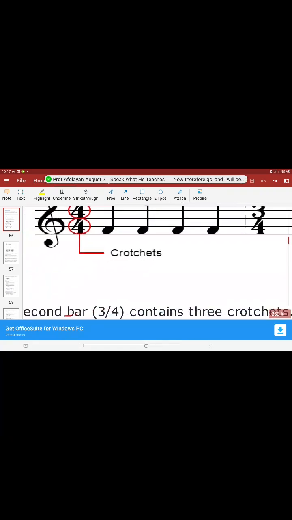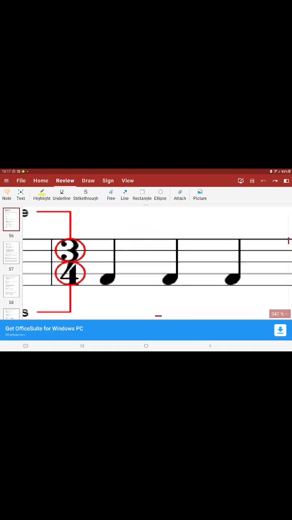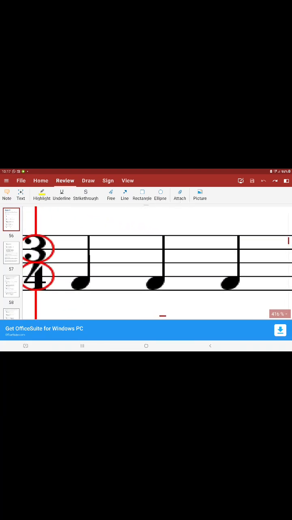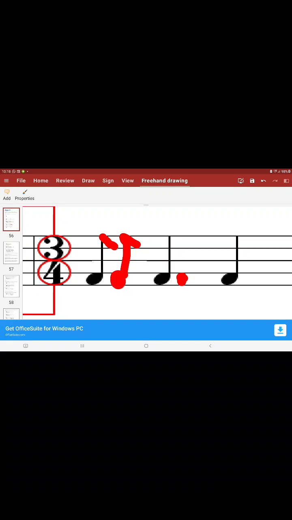Let's talk about 3/4. If it is 3/4, as you can see here, 3/4 is 3 crochets in a bar. That is what 3/4 means. So if what we have here was to be a half note, a quaver,